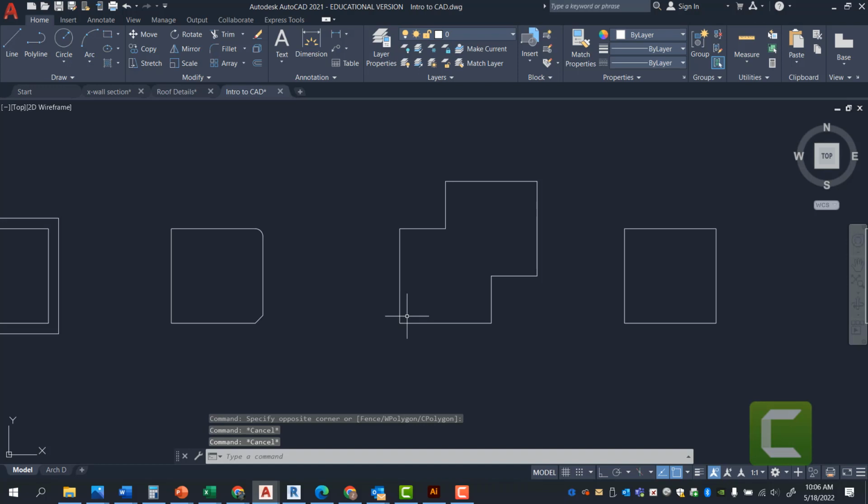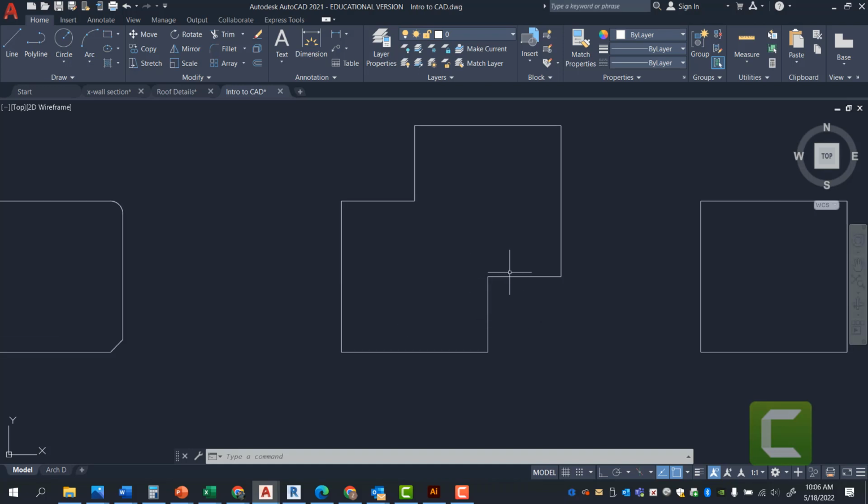So that is the trim command. So far it's been copy, offset, fillet, chamfer, and trim. So the next command we're going to cover is extend. Extend pretty much takes the line. So if I was to take this